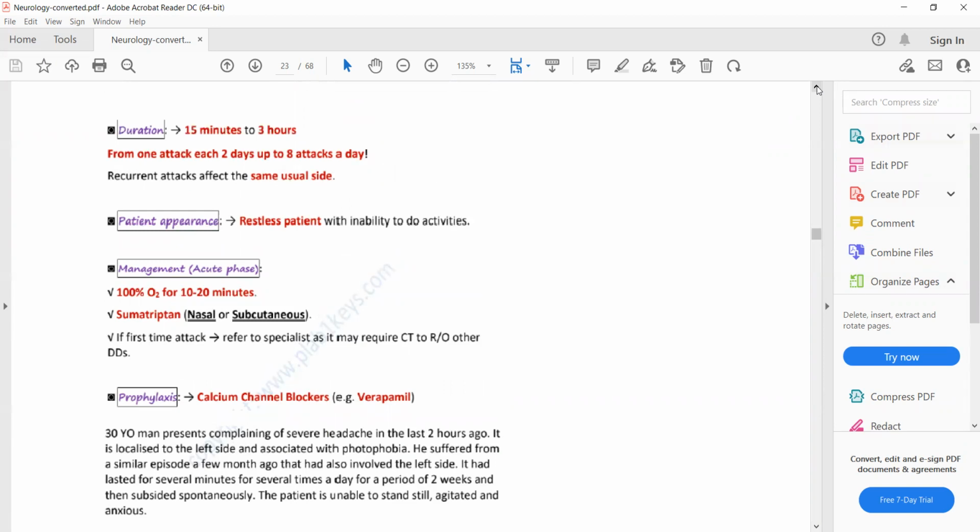Now we have a scenario, an example. Sorry, Doctor, can verapamil or diltiazem be used for migraine headache as well? Because I had a patient today who was prescribed it by the consultant. Her migraine was not controlled. She had used everything, topiramate and the rest, but her headache was not going, so the consultant advised that she should be prescribed verapamil. I don't know, because you said it's just for cluster.